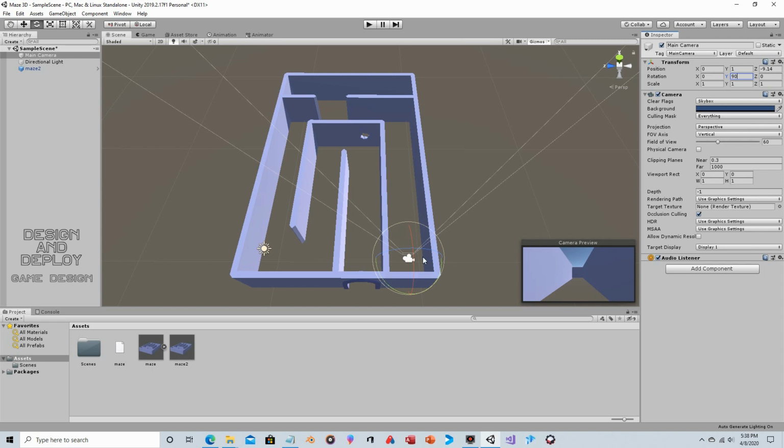So what we're going to do, we're just going to use the camera. So we're going to click on Add Component. We're going to click on Physics, and we are going to click on Character Controller. So if you've watched any of my videos, usually when I'm using movement of a character, I usually